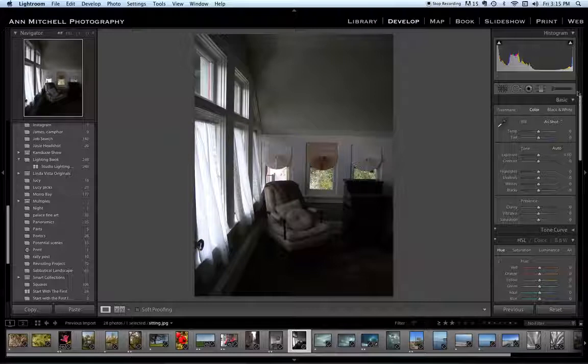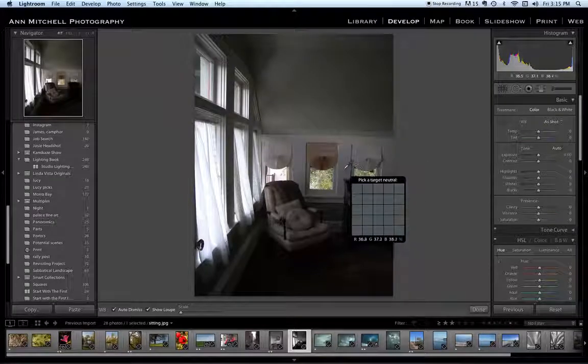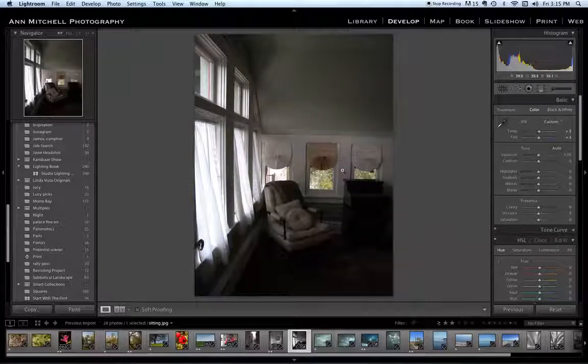The majority of your work is going to be done in this first module. This is the basic one. You're going to start with your white balance. If there is something that should be neutral within the image, or if you shot a gray card in the same scene, you'd go in and click.